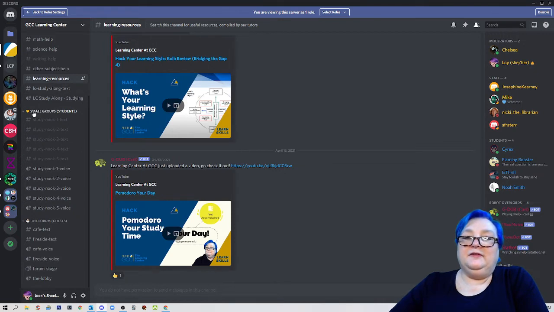Directly beneath the student area, the next big area is called the small groups area, and this is where students can meet up for classroom activities or even for study groups. We have 5 voice channels. They're just numbered 1 through 5. They have 5 matching text channels in case you want to share links or information with them, and you can pop into these at any time that they're available. So they're all empty right now.